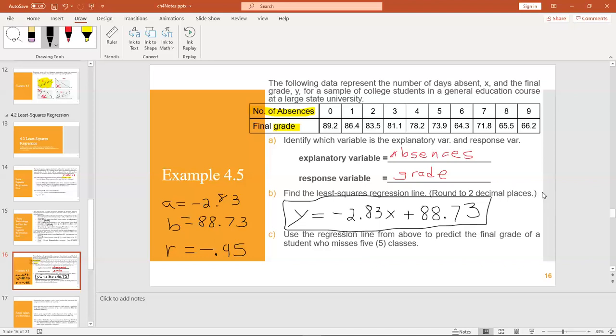And then they say, use the regression line from above to predict the final grade of a student who misses 5 classes. Okay, well, we've got this equation here. Absences, by the way, that's x. This one's the y. So because they're giving us an x value, this is basically telling us put in 5 for the x into this equation, see what it gives you. So we're going to do y equals negative 2.83 times 5 plus